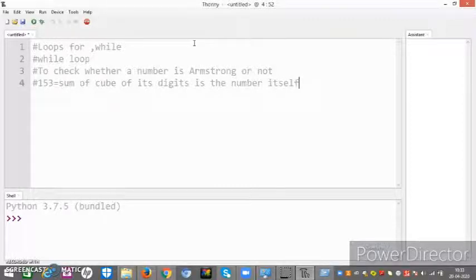It means if I add 1 cube plus 5 cube plus 3 cube, it should be equal to 153.